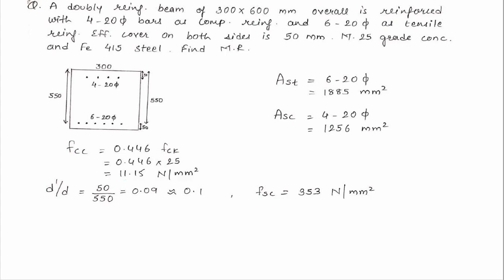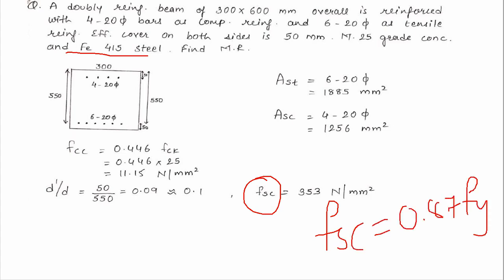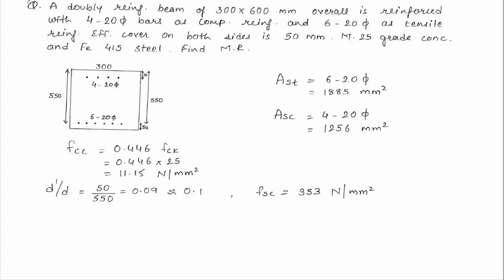Now the second thing will be to find FSC. FSC will depend on the grade of steel. As we have seen in the previous lecture, there are basically two parts that we need to discuss. The first type of steel is mild steel, that is Fe250 steel. For the case of mild steel, FSC will be equal to 0.87 Fy, but keep in mind, only in the case of mild steel or Fe250. For Fe415 or Fe500 there was a table that we need to remember. So looking into the table, it was something like this.